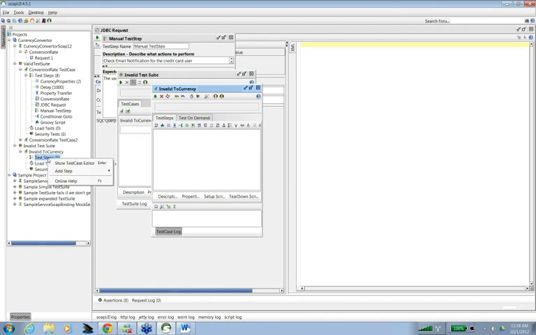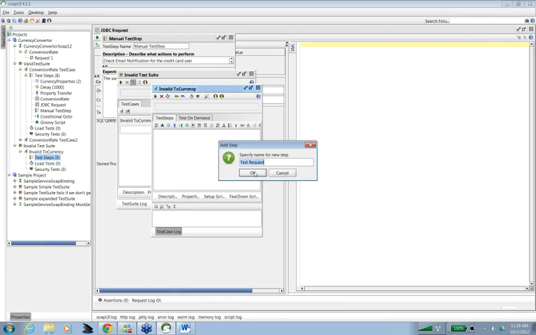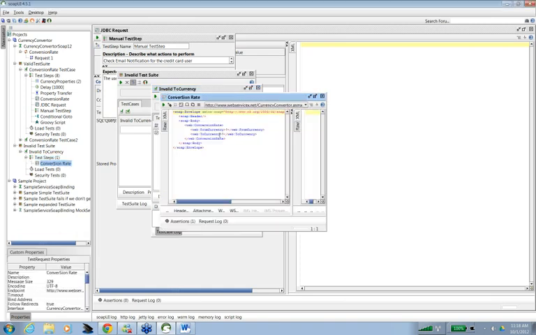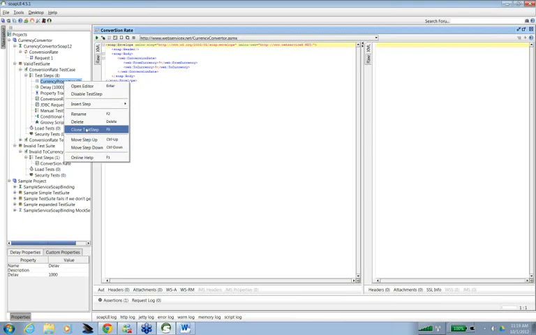Okay, and then I have to add the test step. I will add a test step here. First I will create a test request. I can give any name, conversion rate, and the operation is again the conversion rate only. So here my test step is invalid to currency, so I can write a property transfer. I can simply just copy, clone test step,